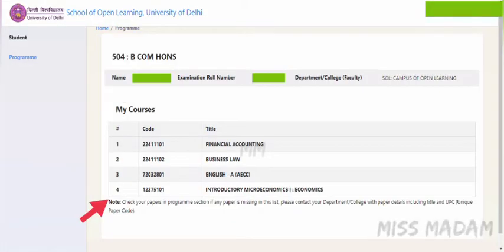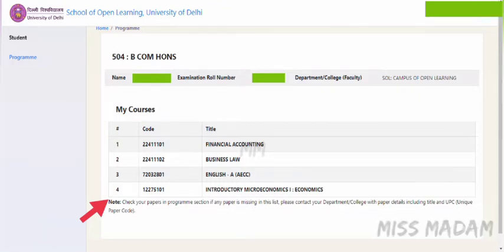Make sure to check your subjects also, that all the subjects you have applied for are appearing on the list or not. You can check it on the admit card also. There are the paper code, timing, date, the schedule of your papers. All the schedule of papers is over there. Check it properly. You can check it here also. The papers with the paper code are written here, and if any subject is missing, then you can contact them as soon as possible.